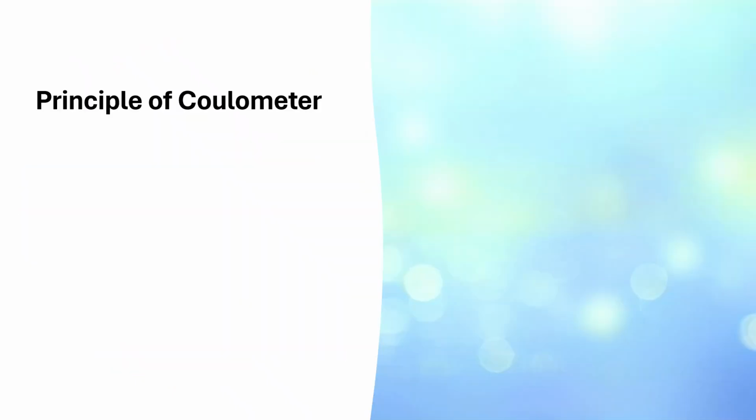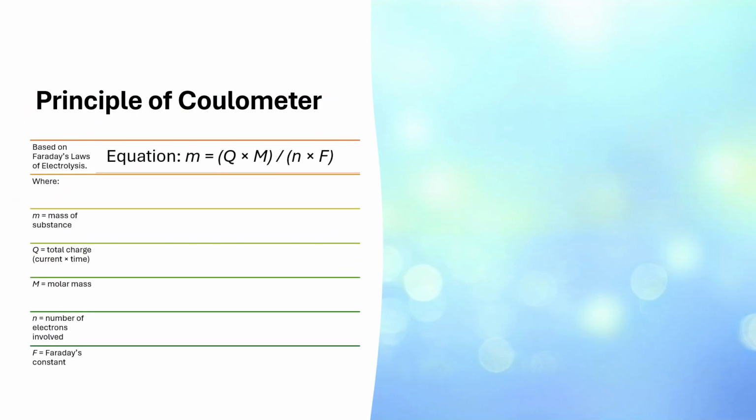Now here we will discuss the principle of coulometer. The principle of coulometer is based on Faraday's law of electrolysis. Here you can see the equation, m is equal to Q into M divided by n into F. This equation represents the fundamental working principle of the coulometer, where m is the mass of